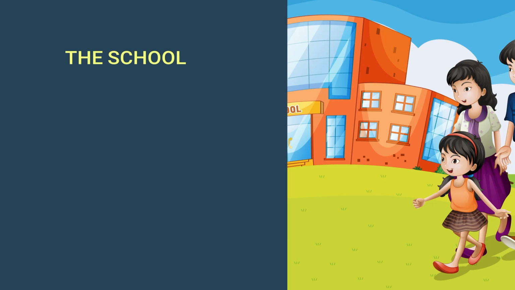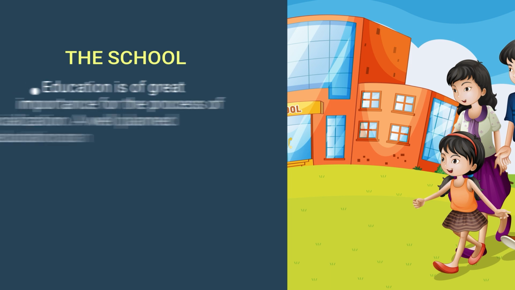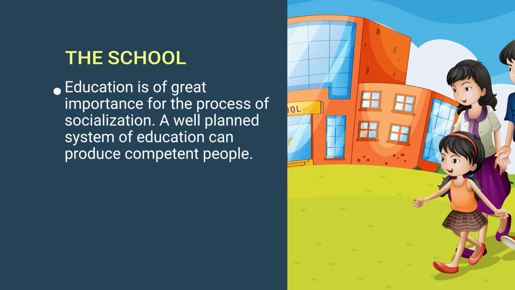The school. The school is also a very important agency of socialization. In the school, the child gets education which molds ideas and attitudes. Proper or adequate education can make the child a good citizen, while a bad education can turn him into a criminal. So, education is of great importance for the process of socialization. A well planned system of education can produce competent people. If children from different